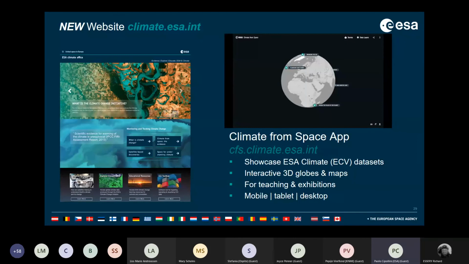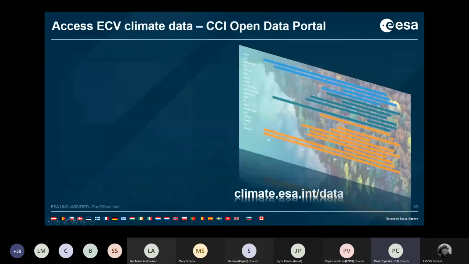You might ask now, where do I get to the data? Where do I get to know more? The website is simple, climate.esa.int. It's the hub for climate in ESA, so it's a very simple address. And there you also find, there's a link from the website, a nice application to showcase the data sets, very interactive, you see there. But if you go to the next slide, Richard, it shows also a direct dashboard available on the site,